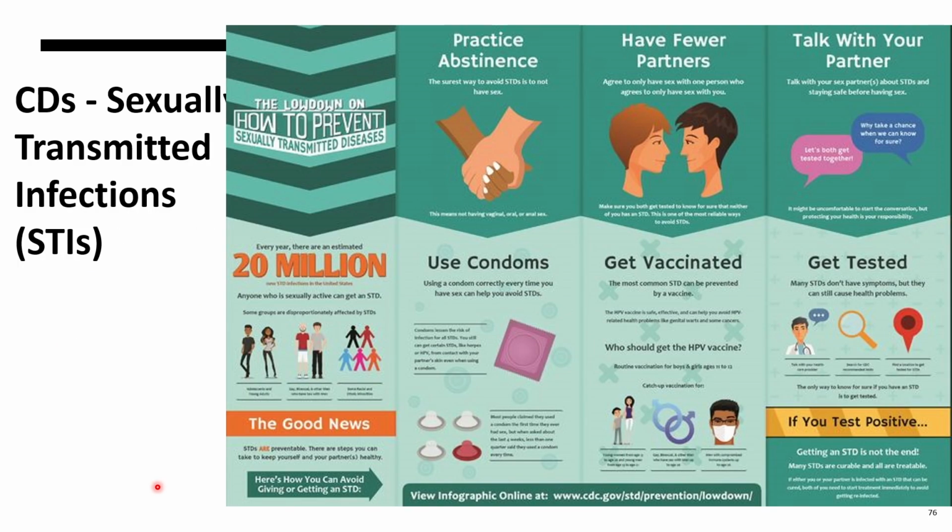So how can we protect ourselves? We can have safe sex practices. We can get vaccinated. There are vaccines, for example for human papillomavirus, and for many STIs vaccines have been developed. There are treatments available. If one partner gets an STI and gets treated, both partners need to get treated. Only one partner getting treatment is not enough in STIs.